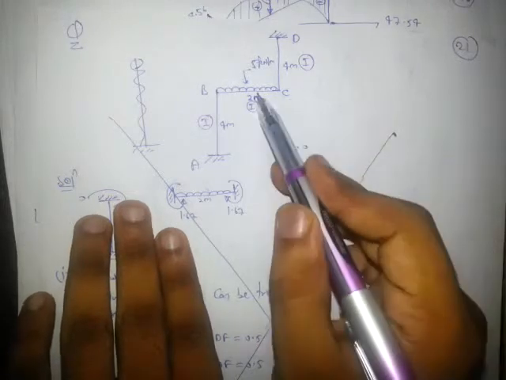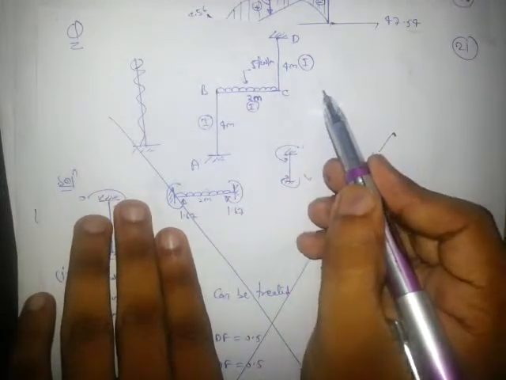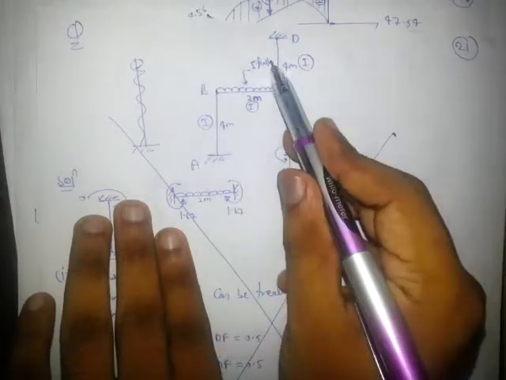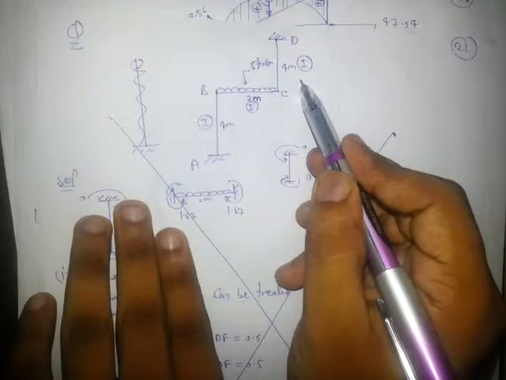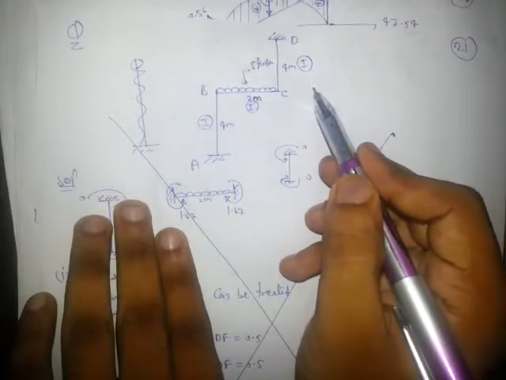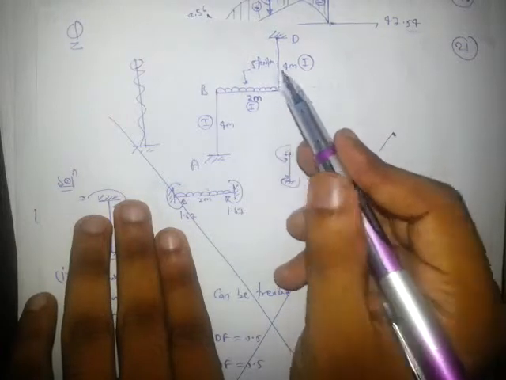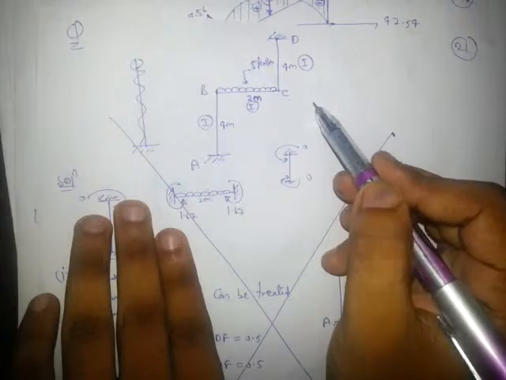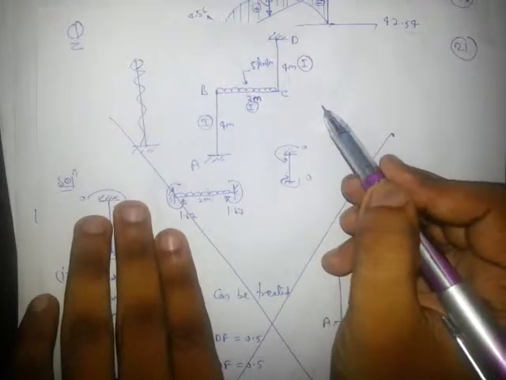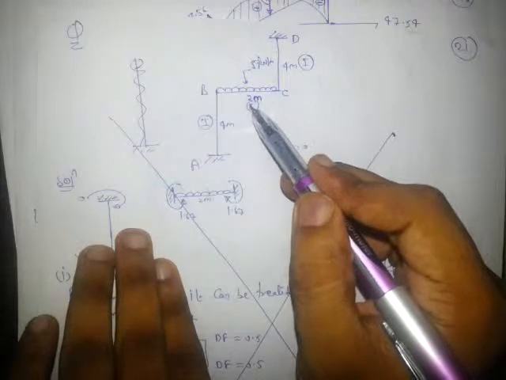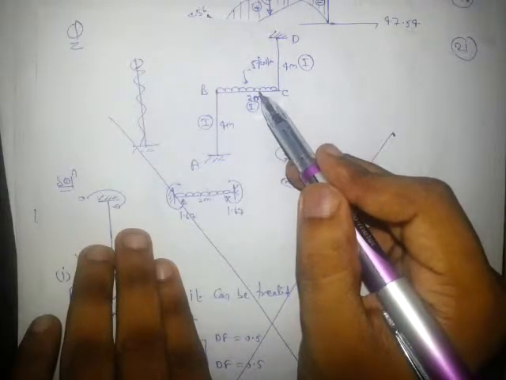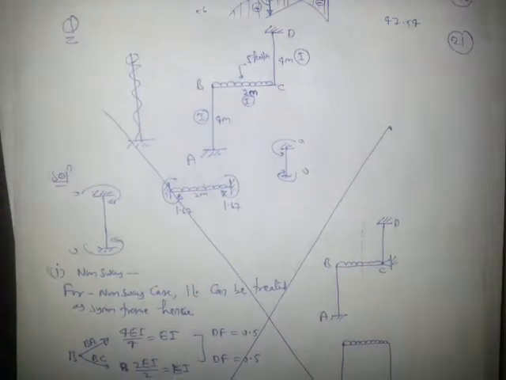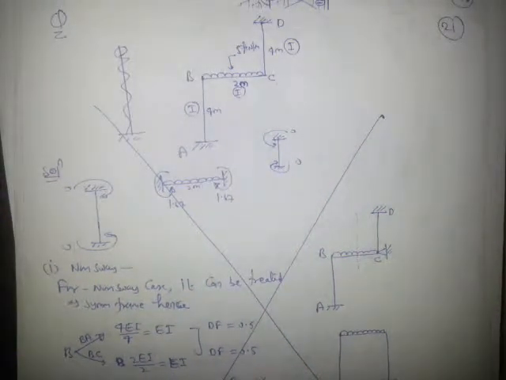Once you get S, remove the loading. Now give this displacement in this direction, it will sway like this. Assume all the members as fixed. Now calculate the sway moments, distribute them, calculate S dash using HA and HD, and now you will take S upon S dash as the correction factor and multiply with the incorrect non-sway moments. You will get corrected non-sway moments, and you have already calculated the corrected sway moments, right? Now multiply them, answer. But what is the easy approach to solve this question?